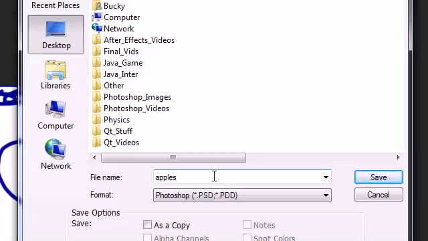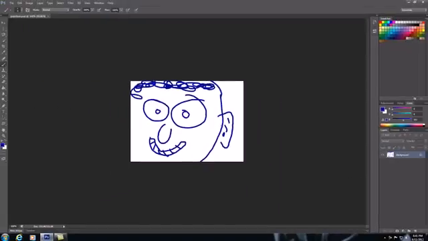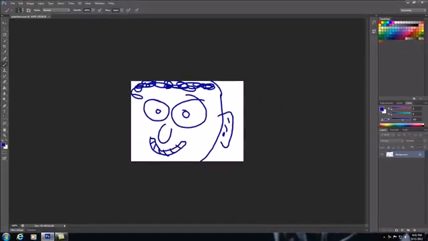Photoshop. Now, we'll go ahead and save one called apples, or what's this, a guy's face. Save it as a Photoshop. So now we have a Photoshop file that we can edit all the layers, do all the cool things that